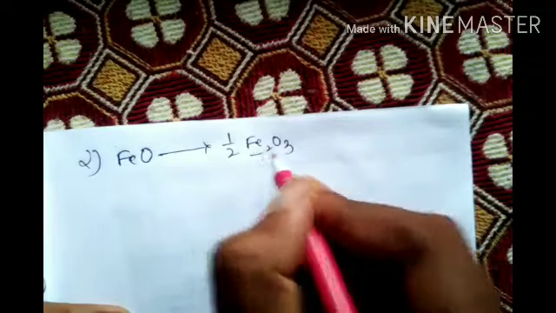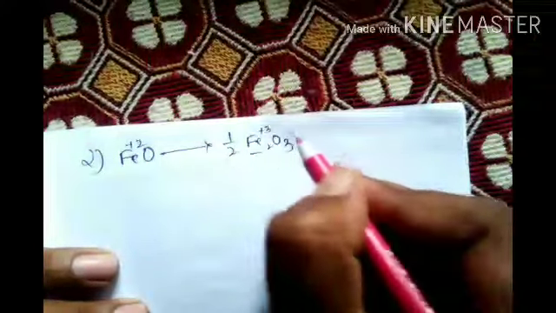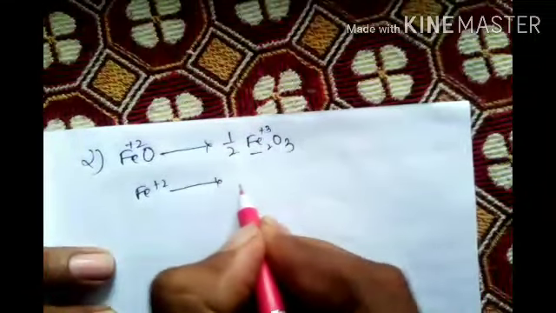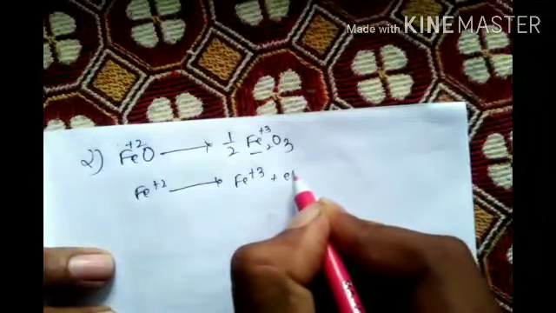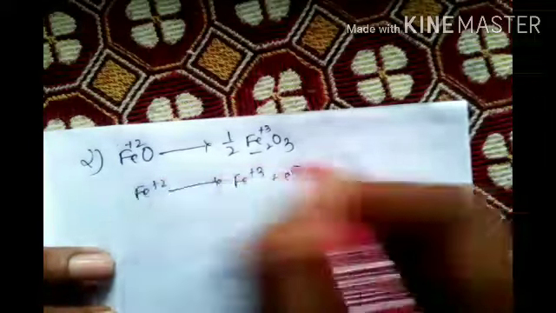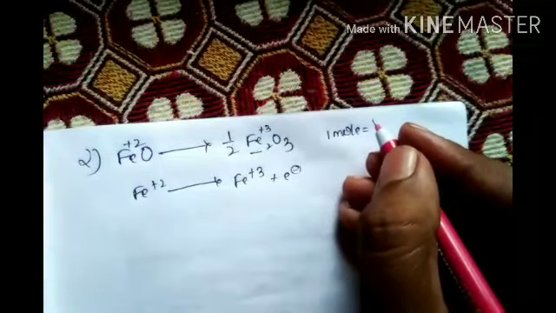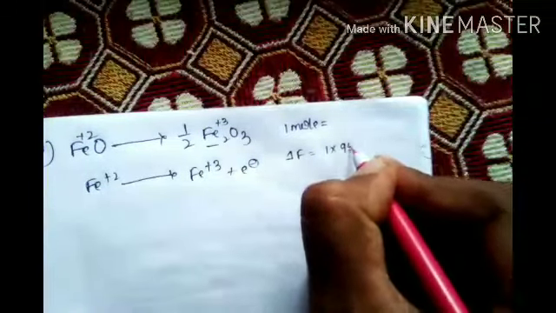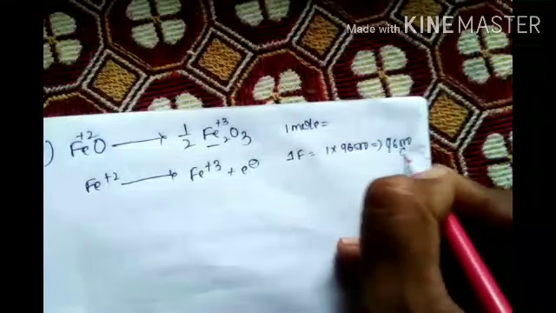But we are discussing Fe, right? Now let's take Fe. Here what valency? 2. Here what valency? It is 3. Okay. Now 2 to 3: Fe plus 2 to Fe plus 3 means it loses 1 electron. So for 1 mole, how much? It is 1F, equal to 1 into 96500, which is 96500 coulombs.